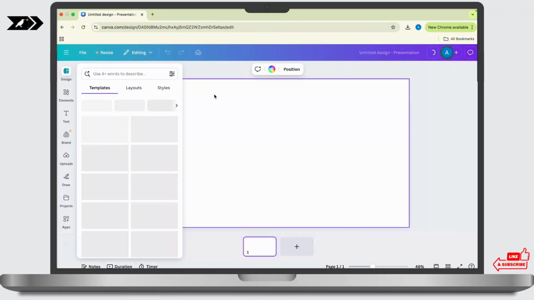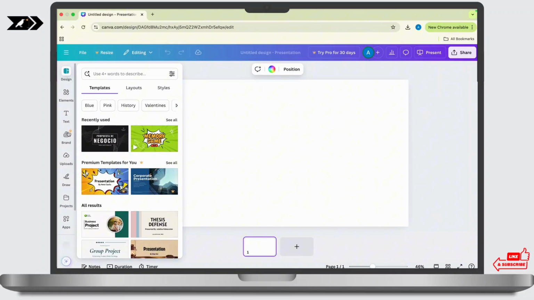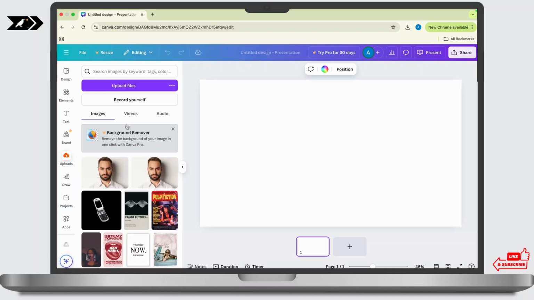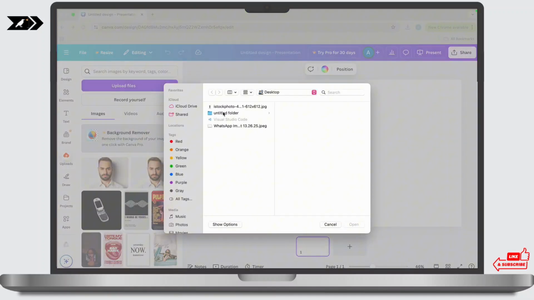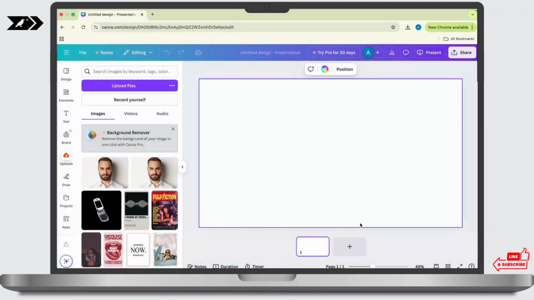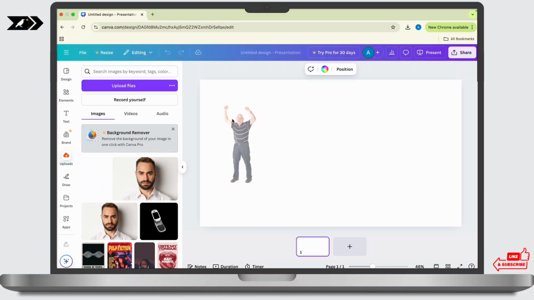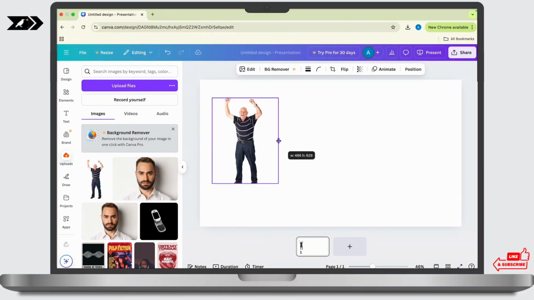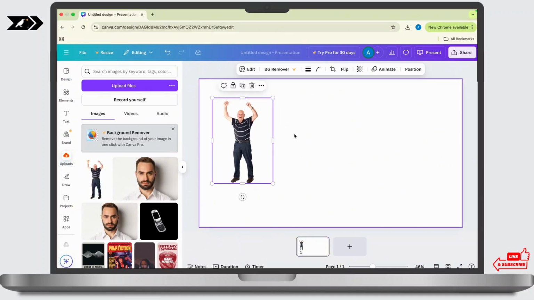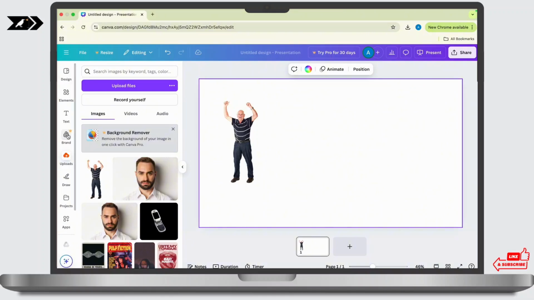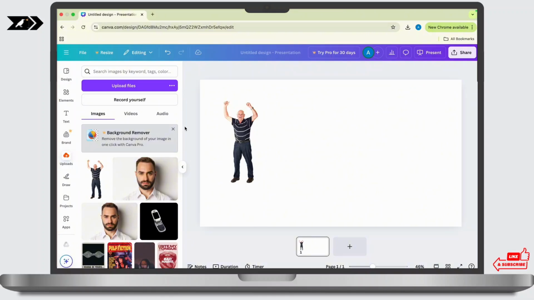Then click create a design, and all you have to do is tap uploads and upload your photo. Now click on the photo to select it and drag it to your empty page bar. Now here, once the photo is selected, simply tap on the apps option available at the left sidebar at the